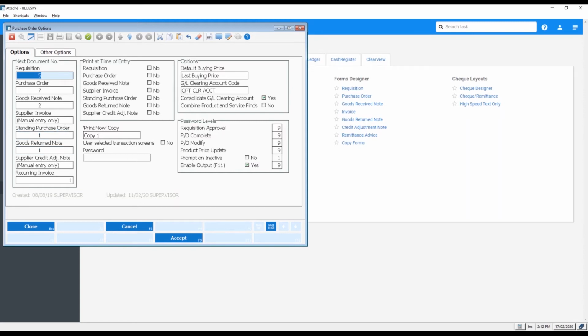So you can change all of those document numbers if you wish. You can print at the time of entry all of the different transaction documents, and your default buying price is on your last buying price or on your